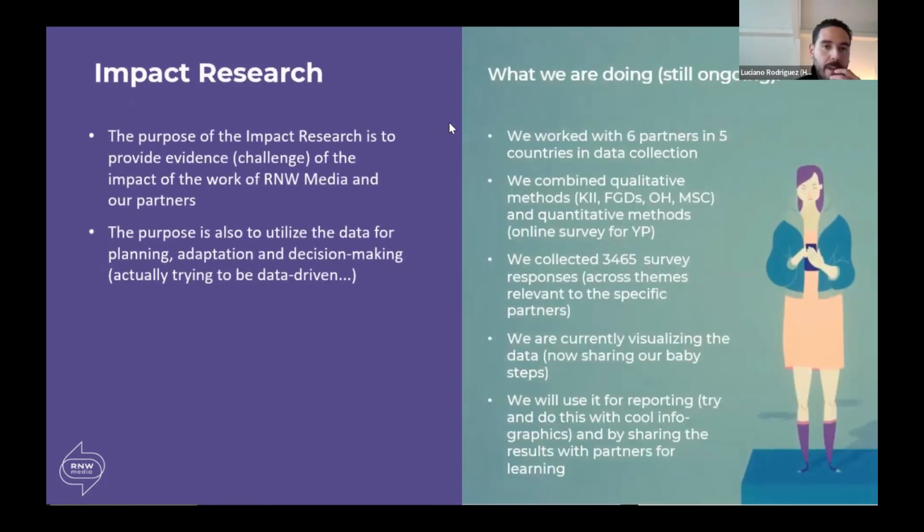So we've launched what we call the impact research, and the purpose was somewhat twofold, maybe more than that, but first to really provide evidence, which is a challenge, as I just said, of the impact of the work of RNW Media and our partners. But secondly, it was also really with the purpose of utilizing that data for planning, adaptation, and to make that